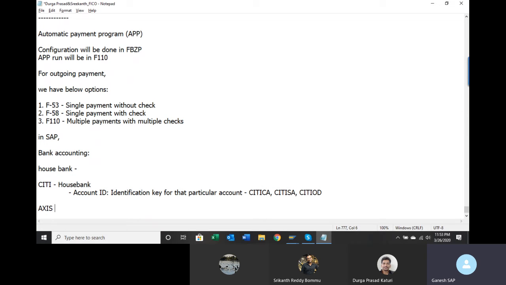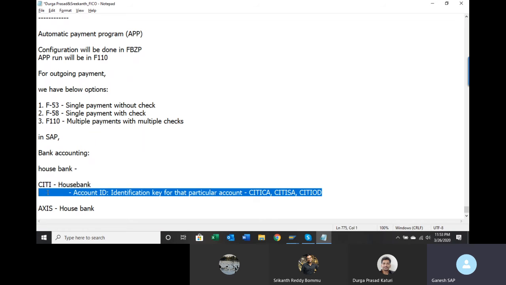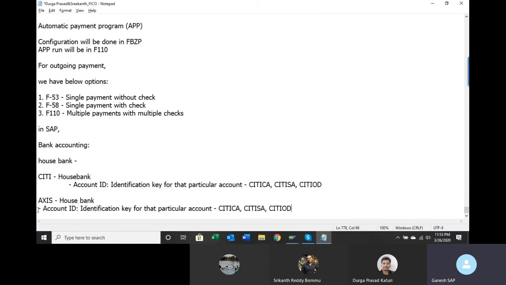Similarly, if you have Axis Bank also, you can create Axis Bank as a house bank. Under that, you can create the accounts. For example, under Axis Bank, you have only a current account, then you can say Axis current account. So if you have multiple banks, those banks will be created as house banks. If you have multiple bank accounts in one bank, those will be account IDs.